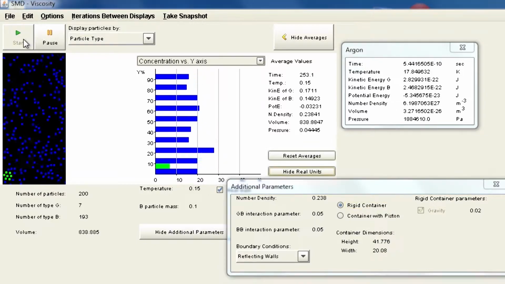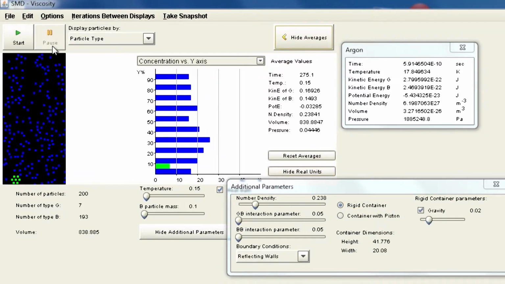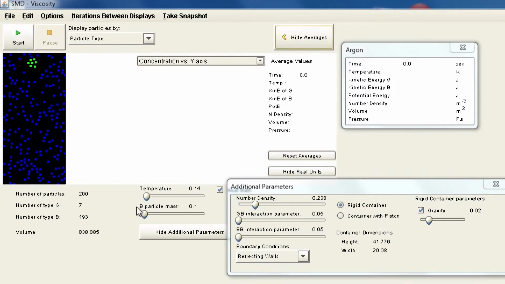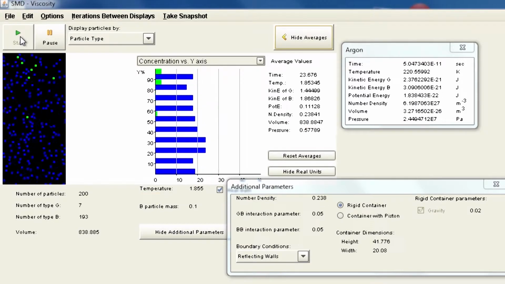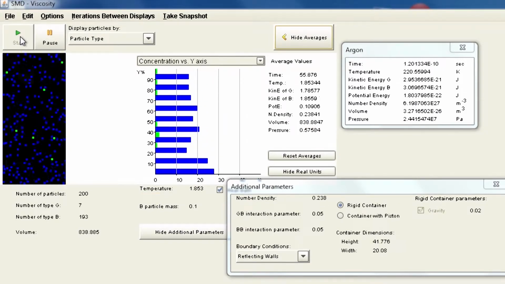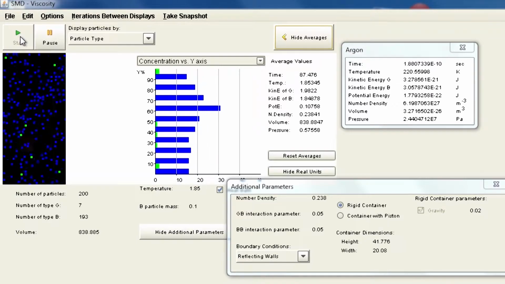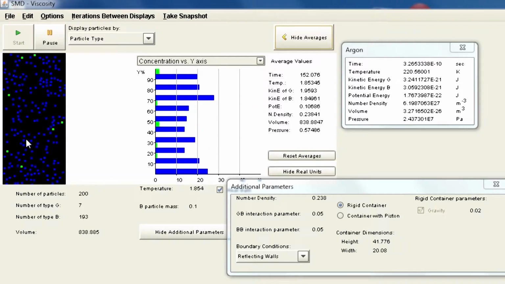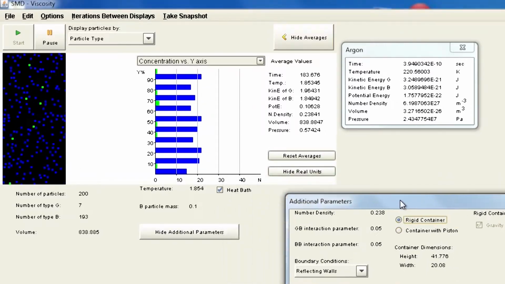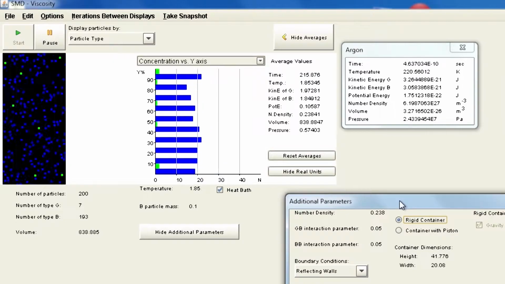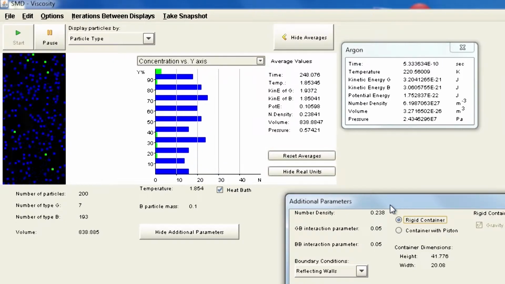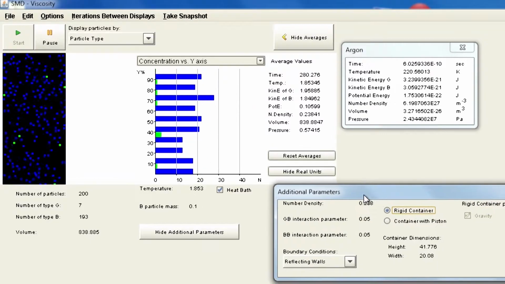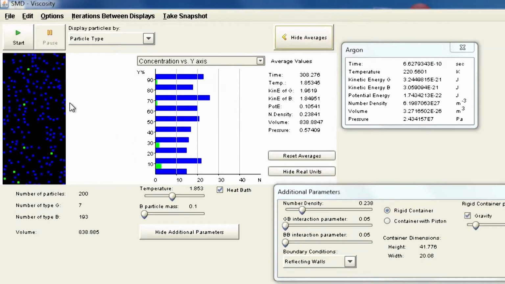So now let's stop it here, then start it again and change the temperature and see the effect of temperature on this. Now you saw that this is a very interesting phenomenon: because of the temperature, the bonds broke between the atoms, and now it is completely all over the place. It's kind of mixing because of the temperature effect, and it's not separated. Now these particles have mixed into the system. So that's an interesting phenomenon. Now let's stop it here and see if we can separate them out by reducing the temperature again.